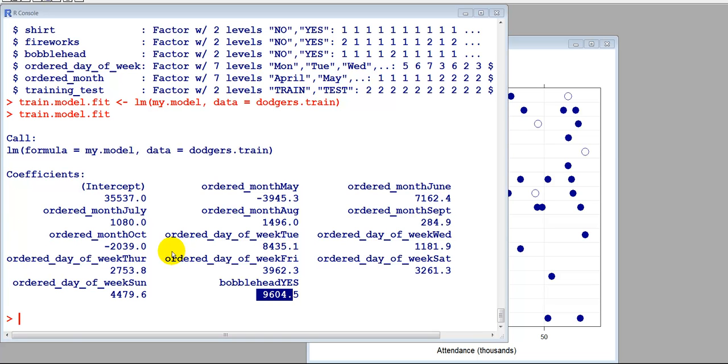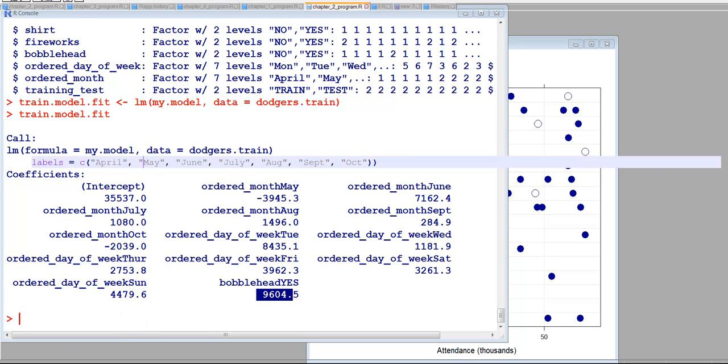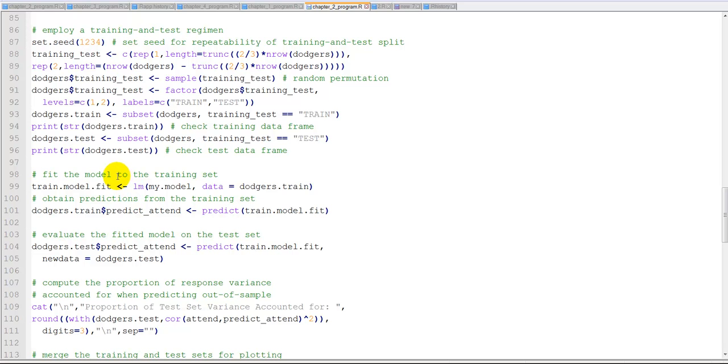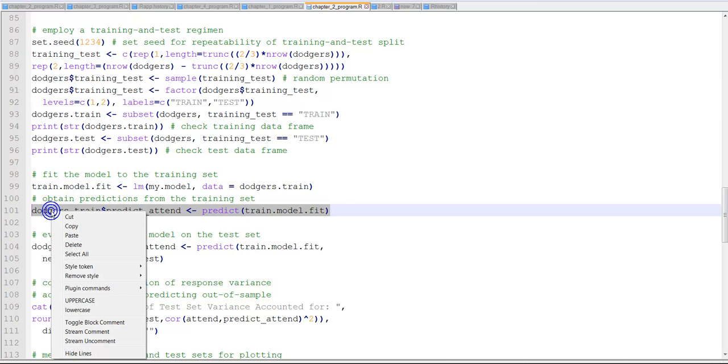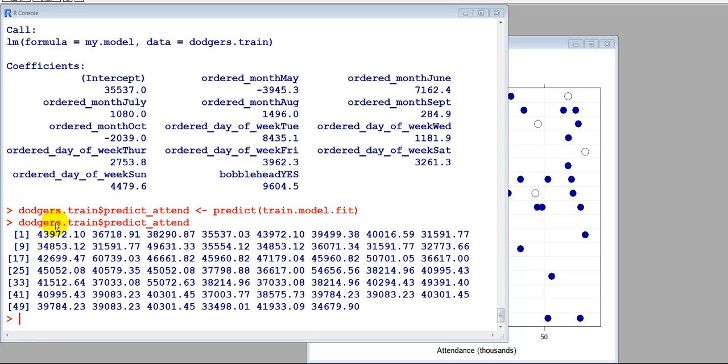However, this is not the end, because what we did here is we just looked at how the model worked on the training data. But what we want to do is, first we're going to actually use it to predict on the training data. So let's see what that does. No, I'm sorry. Now what we do is,